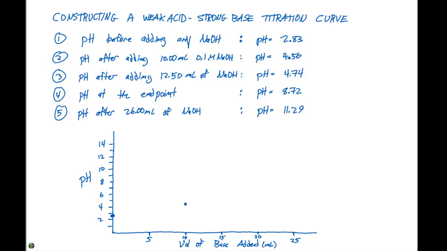So it's going to be right around here. Okay? When we do 12.5 milliliters of sodium hydroxide, our pH equals 4.74. Okay? Then when we look at the pH at the end point, that would be adding 25.0 milliliters of sodium hydroxide. Our pH is going to be 8.72. Then when we add 26.0 milliliters of sodium hydroxide, our pH is 11.29, which corresponds to this point in the